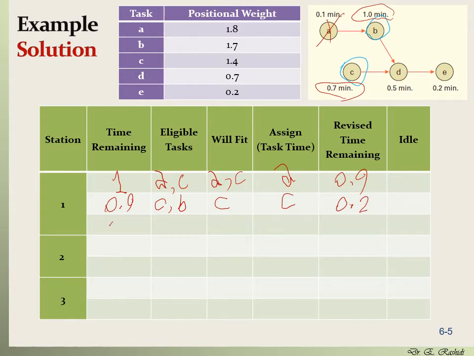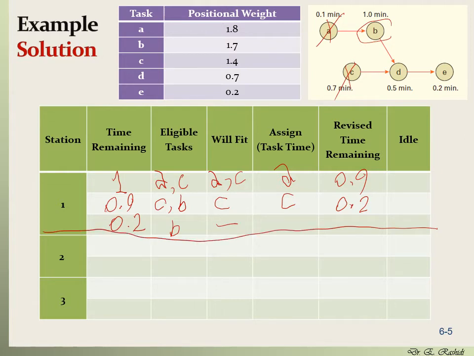Okay, so we end up with 0.2 minutes left here. We assign task C. So the only eligible task here is task B. Does it fit? No, it doesn't fit. So we're going to close workstation 1, and the idle time is 0.2 minutes. We're going to open workstation 2,